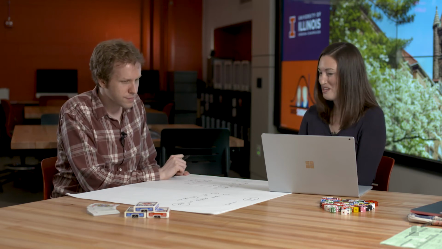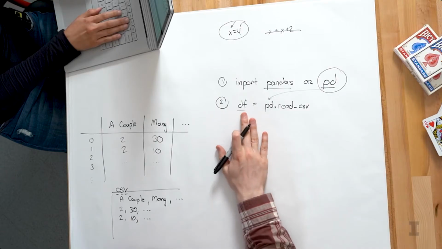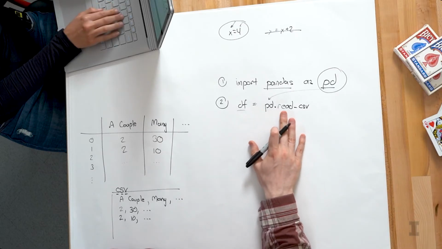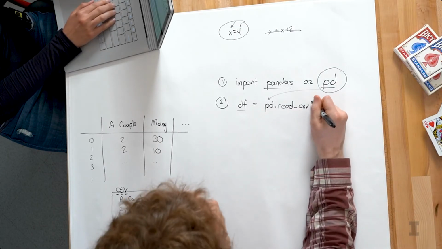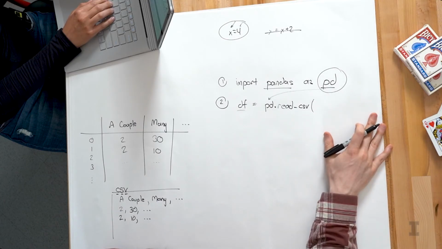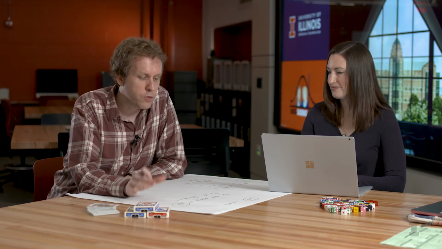Perfect. Should we look at the party data set? Yeah, let's go ahead and load one of these CSV files into our pandas library. So going back to the code, we have df, which is our data frame that we're going to store our data in, equal to pd.read_csv. And the read_csv function needs an argument to tell it what it should read. Anytime you want to inform a function what it should do, you open parentheses and then give the argument to that function inside the parentheses. So the argument for read_csv, all we need to tell Python, is where we can find the CSV file.